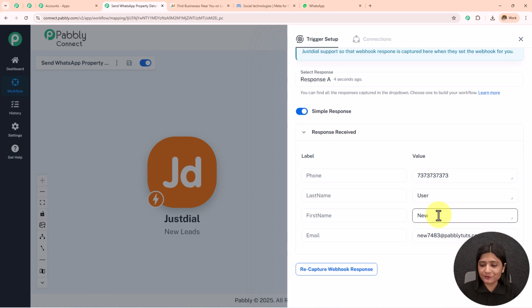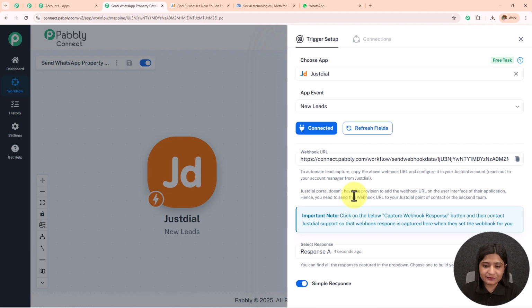So we have captured the response. The name of this person is new user, phone number is this, and the email address is new7483@pabblytudes.com. Now here, as soon as I have received the lead, we can say that the connection setup which was created between Pabbly Connect and JustDial with the help of this webhook URL, that is successful. And now whenever I'm going to receive a new lead in JustDial, I will start capturing that response here in